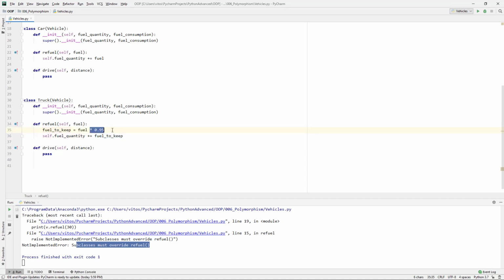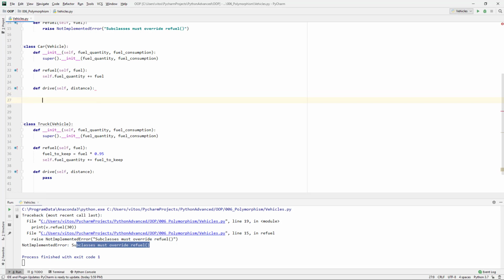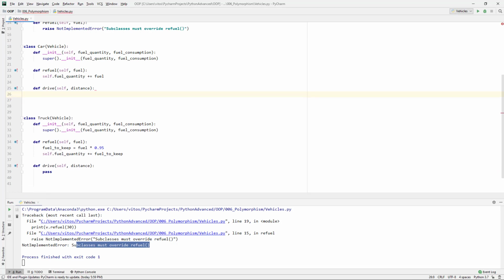Okay, or we could have only multiplied this times fuel, but it's pretty much the same. So far this is about the fuel and the refuel. Now about drive. The rule about driving is how much fuel we need, and we are only going to drive if we have the fuel quantity, pretty much. So we don't stay stuck somewhere in the desert